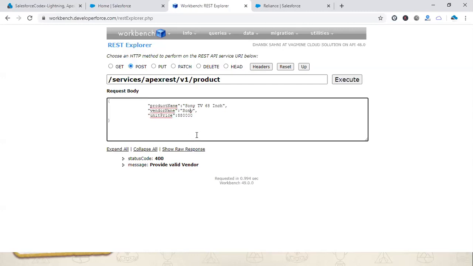So we should always validate our request data. Now every piece of data is confirmed. Let me create it and see whether the data is created or not. Yes, we were able to create new data in our system.